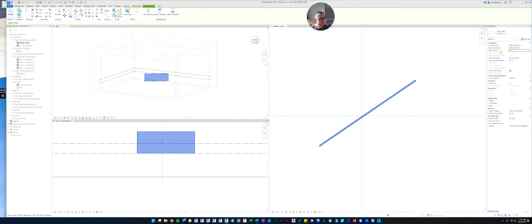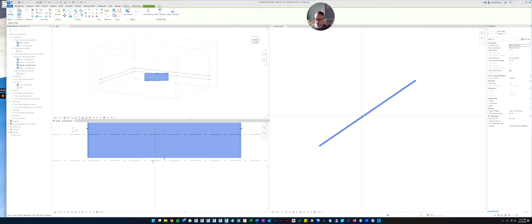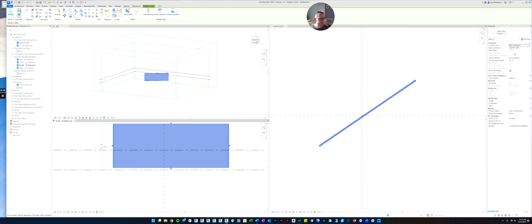And if you want, there's also what's called a base offset. So if you wanted the wall to be 1 foot higher than the main floor, you can type in 1 foot, and do you see how it moved it up 1 foot over here in this elevation? Now, if I want to put it back down, I can go over here to the property of the wall and hit 0. So there's a 0 offset, and it moves it back down to the main level. That can be helpful at different times. For now, we're going to leave it 0.